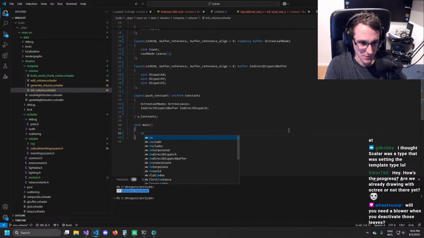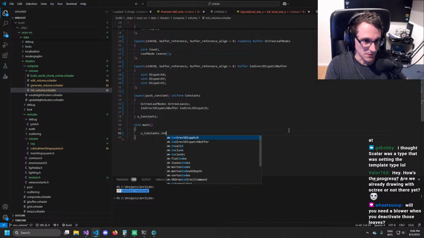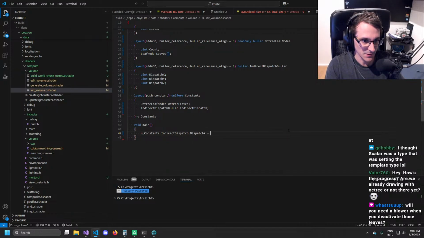This is really just indirect value constants. Indirect dispatch. Dispatch X is our U constants octree leaf nodes count divided by 64. That's all it is. That is basically just kicking off